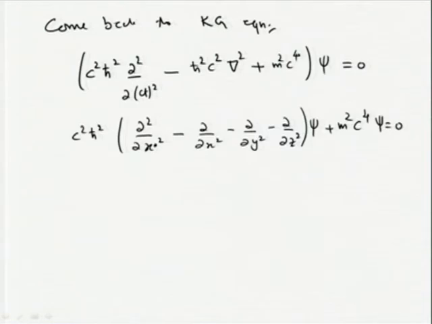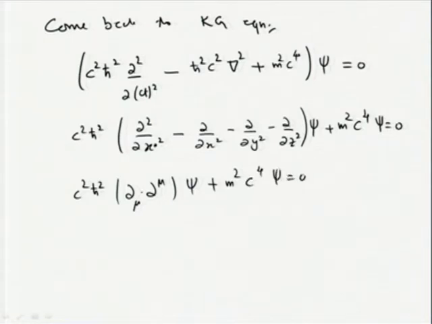This can be written as c square h cross square dou mu dou mu, the usual dot product between two vectors. These are all vector operators, but the dot product will give you a similar expression as in the case of vectors, psi plus m square c power 4